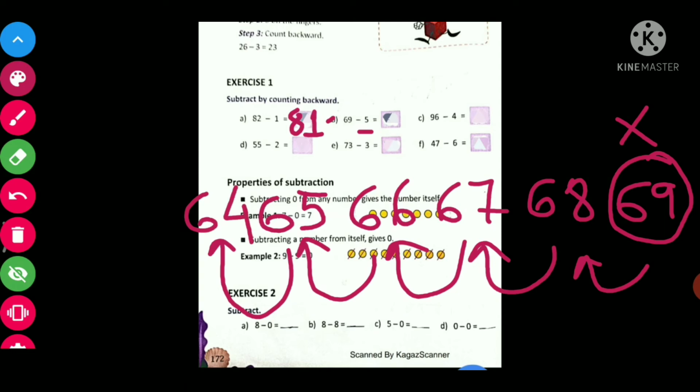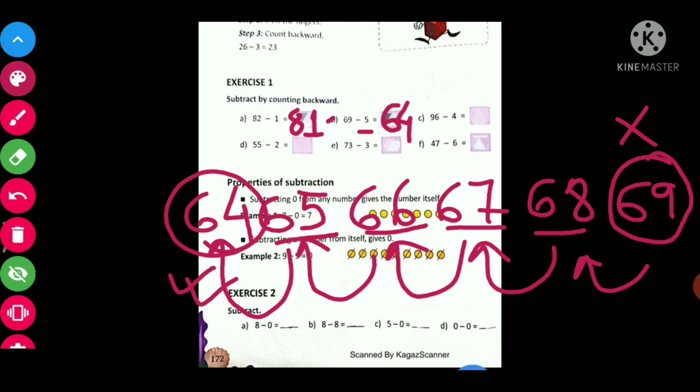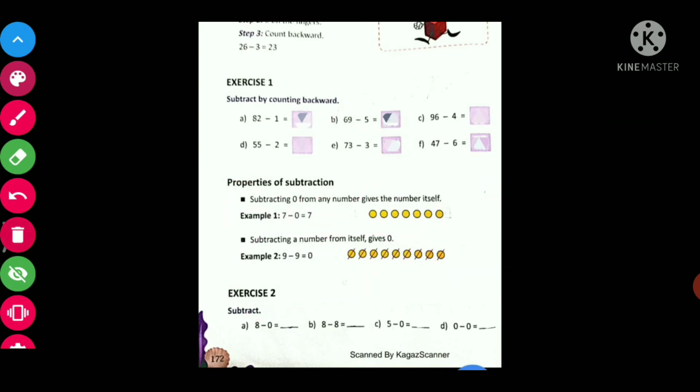The number that is placed before 66, it will be 65. And the number that is placed before 65, it will be 64. Now count how many steps we go backward. 1, 2, 3, 4 and 5. So we reach this one, 5 number step. So the number that is placed in 5 number step is what? 64. So we can write 64 here. Okay. Now see C part.